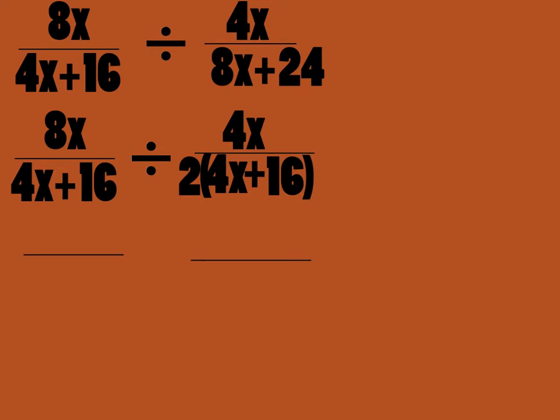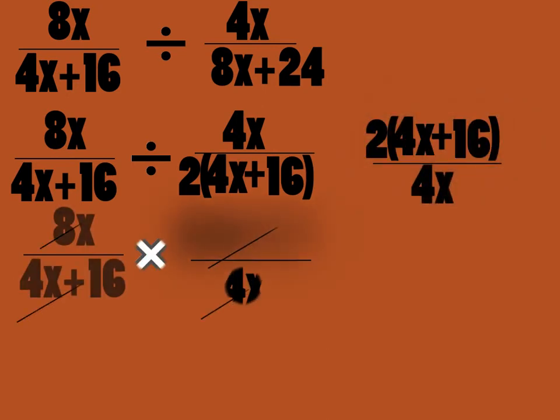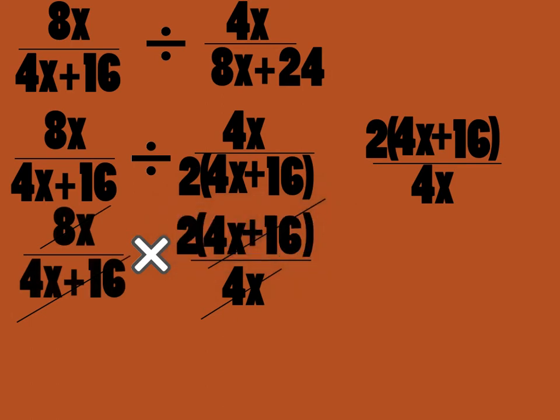Now you flip the second fraction upside down. So now it becomes 2 times 4x plus 16 over 4x. Now from here it is super easy, because instead of being divided, it becomes a multiplication sign. And here it gets really simple, because you take away 4x plus 16 from both sides, so the denominator gets removed,